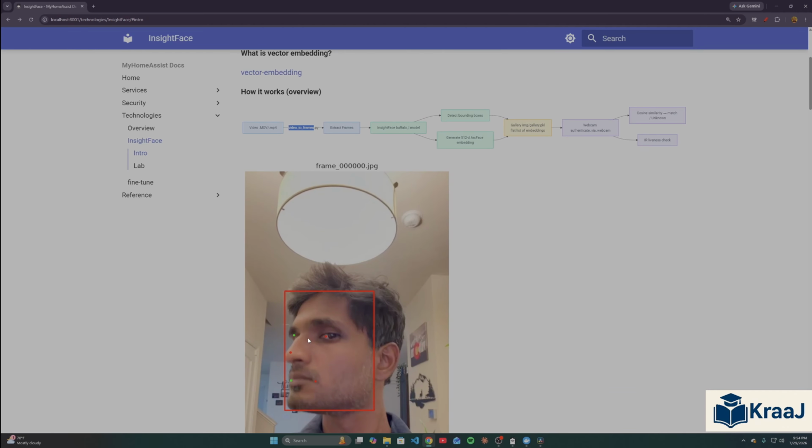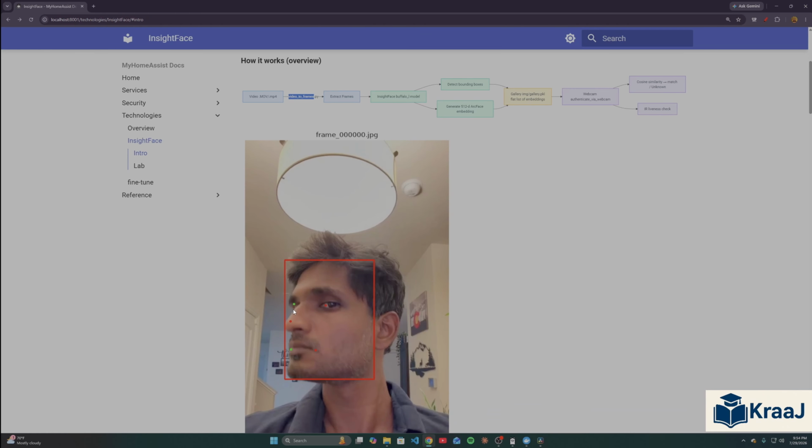With that frame I'll try to capture my face. Currently my face is getting detected, and for all these frames it makes sure my face is getting detected. Once the face is detected, on each frame it marks those 5 dots. So what it does is